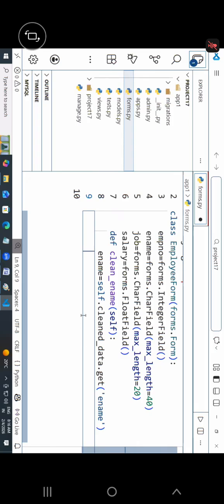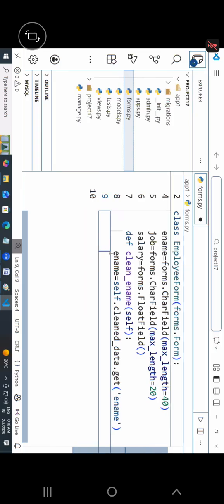Now the name of the field is ename. Now you need to verify whether this name is valid or not. The name should contain only alphabets. If the name doesn't have only alphabets, then it should raise the error. If not ename dot isalpha, then raise forms dot